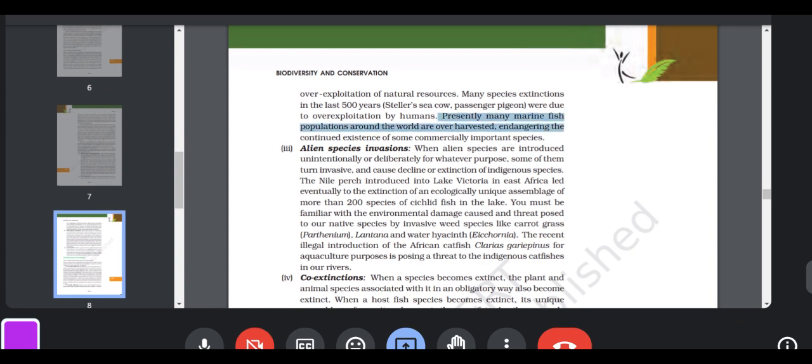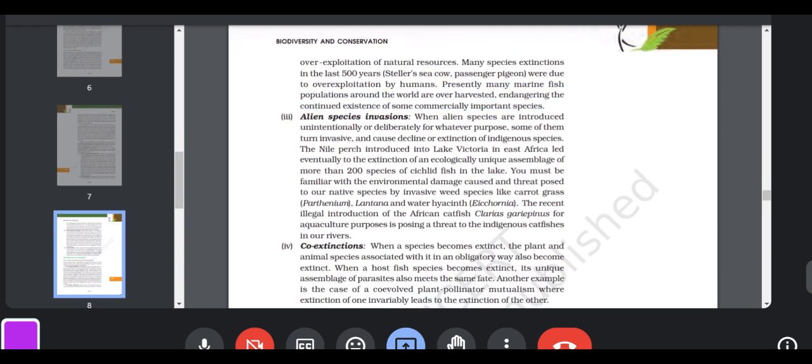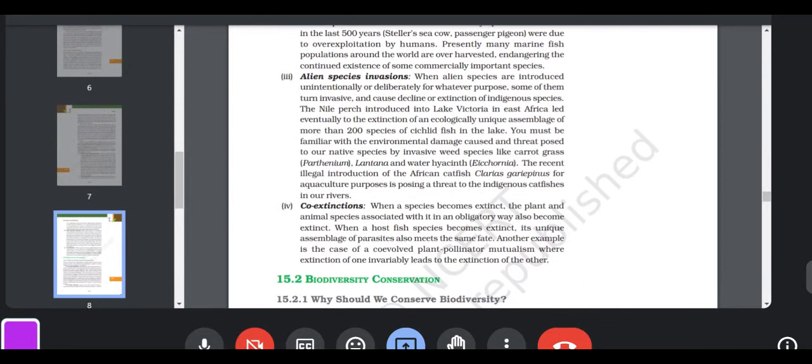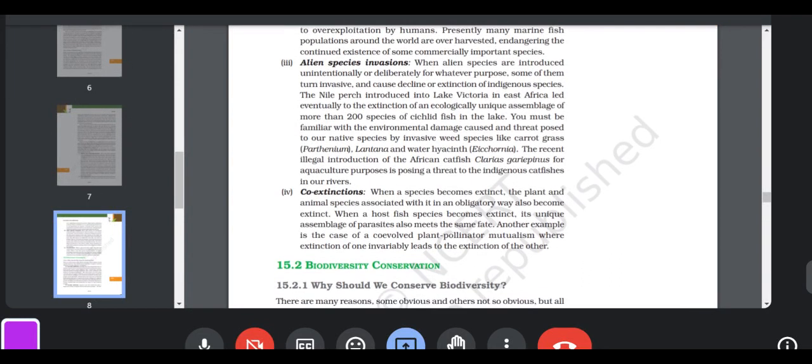Presently, many marine fish populations around the world are overharvested, endangering and leading to the extinction of some commercially important species. We will read about extinction, and I will tell you what threatened means and what the Red Data List is. Okay,